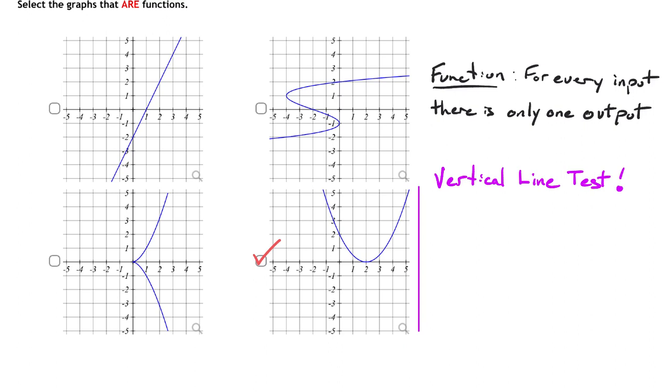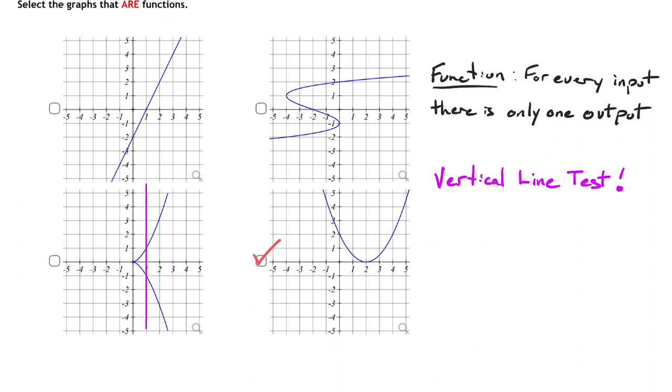If we continue to the others, so if I go up to this other one over here, to the one that's kind of like an S curve, it starts out fine. It doesn't matter if you move from right to left or left to right, but it starts out fine, and then all of a sudden this vertical line starts to touch the graph more than once, and so this is not a function. Okay, and so if I go over to the line in the top left, the line as it keeps on going is only touching the graph once. Yes, that is a function,